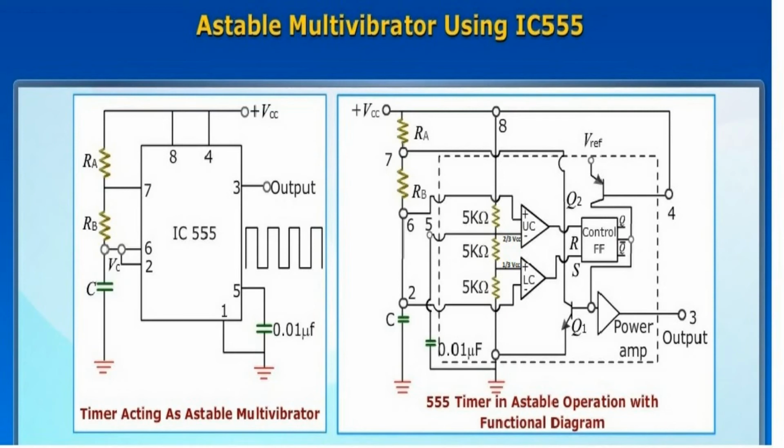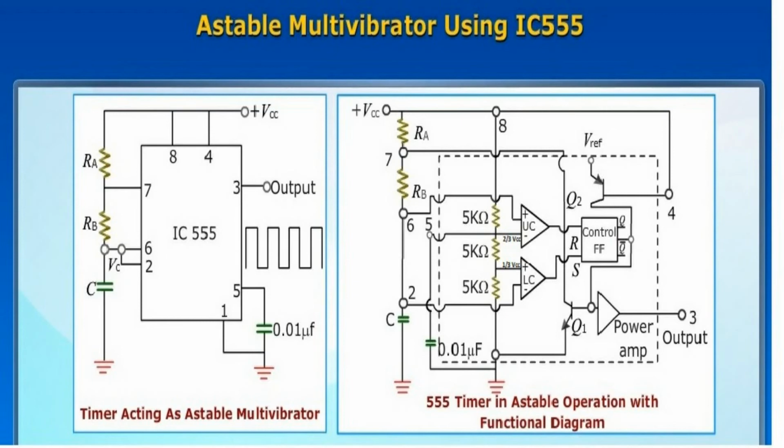The SR flip-flop output Q bar is connected to the power amplifier and the base of the transistor. The power amplifier output goes to high and the transistor is in off condition. It acts as the open switch. Now the capacitor starts charging towards the VCC through the path RA and RB.